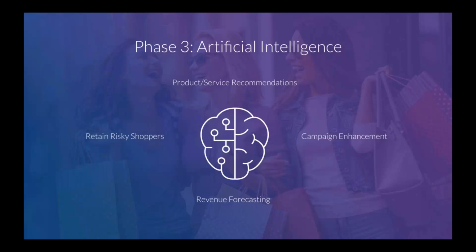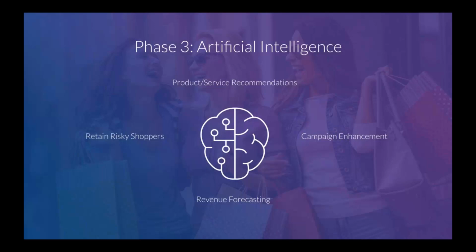At month 12, you'll be able to initiate Pinky. So Pinky will have 3 artificially intelligent marketing options at month 12, and you'll also be able to forecast your future revenue up to 30 days in advance. The 3 settings are going to be retaining risky shoppers, which focuses on correlating and stabilizing shopper purchasing cycles based on their normal purchase habits.